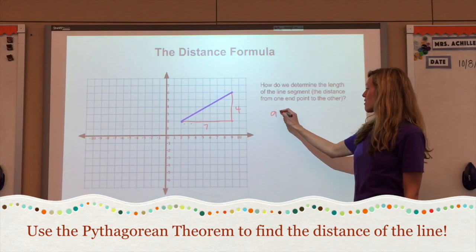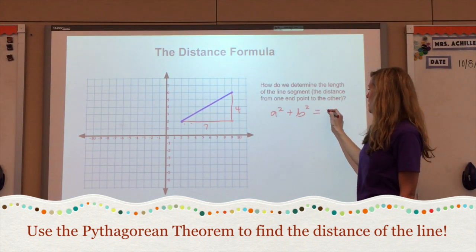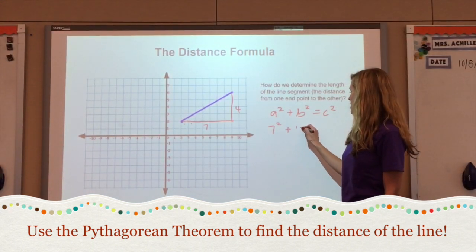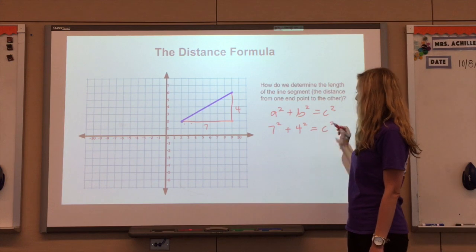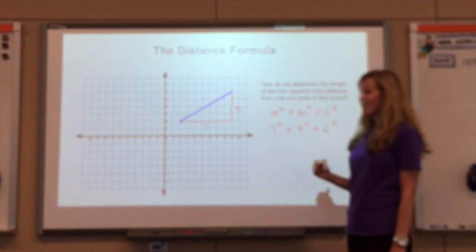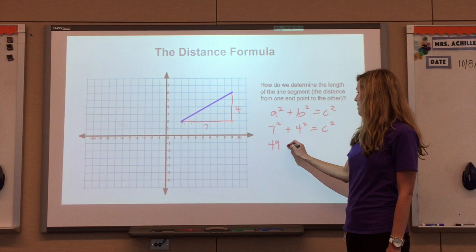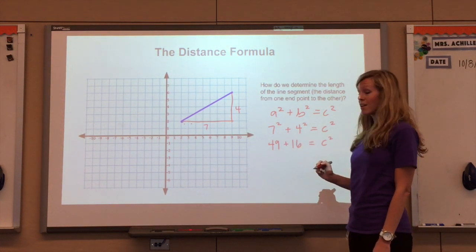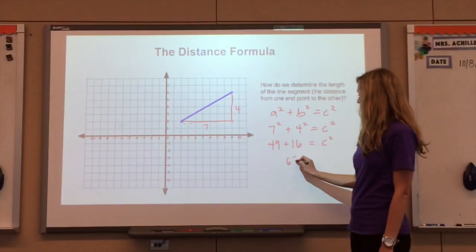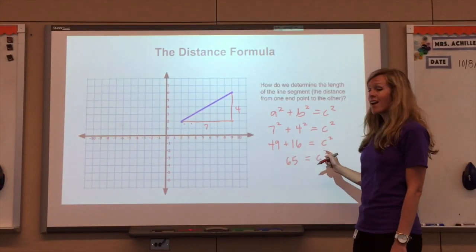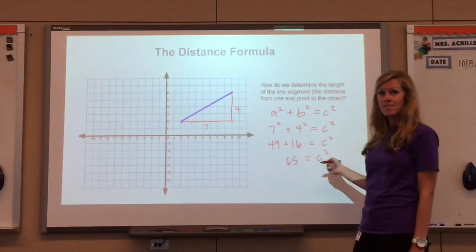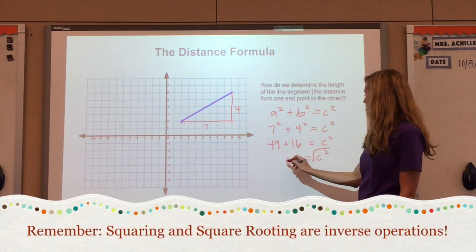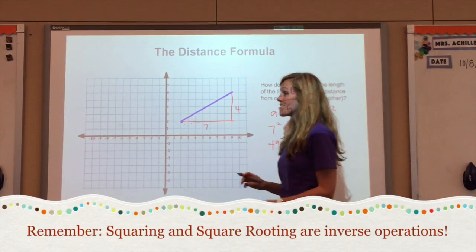So we remember that the Pythagorean theorem is a squared plus b squared equals c squared. So a could be 7, b could be 4, and then we're solving for c. So 7 squared, 49, plus 4 squared, 16, equals c squared. 49 plus 16, 65, equals c squared. How do we undo the c squared? I think we take the square root of 65. That is the opposite of squaring a number. So now the square root of 65,